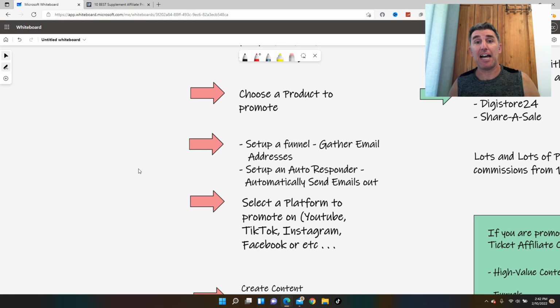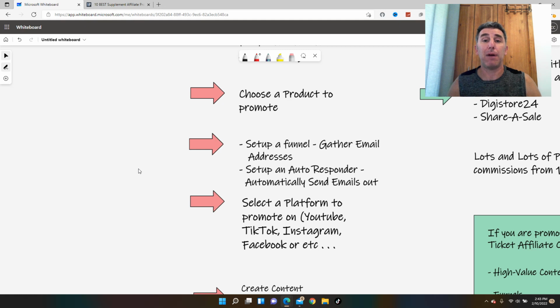If it's raining outside, you need water, and you stick a funnel in the container on your back porch and it's covered, you're not going to get anything. You stick it out in the rain, now it will fill up. And that's what these platforms are. YouTube, TikTok, Instagram, whatever it is, these are social platforms. It's like sticking your funnel out in the rain and then trying to get people to go down the funnel. And then you're collecting those email addresses, and then you can contact them.